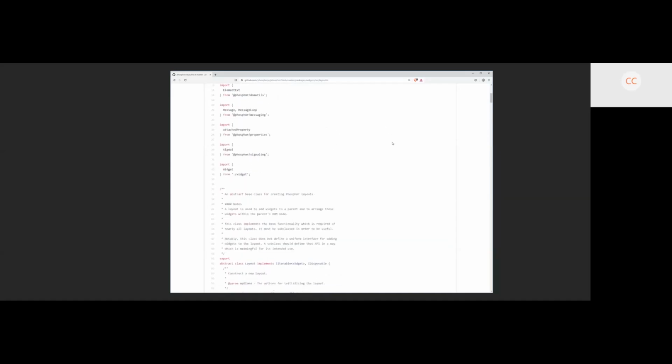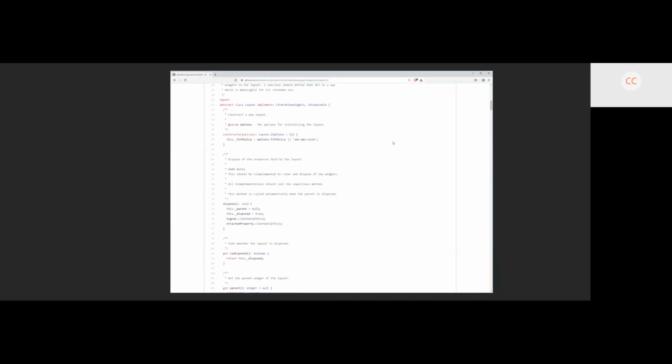Could you just, I don't think I quite understand the fit policy. Could you give an example of why you would use one versus another? So let's say that you've got some layout and you've got some children that have some weird minimum size and you actually don't care about obeying their minimum sizes. So you don't mind if the parent widget clips the content of the children because it's really big, or you're doing your own custom scrolling or something like that in CSS, or you've got some weird situation where you simply don't want this particular layout to set the minimum size of the parent widget